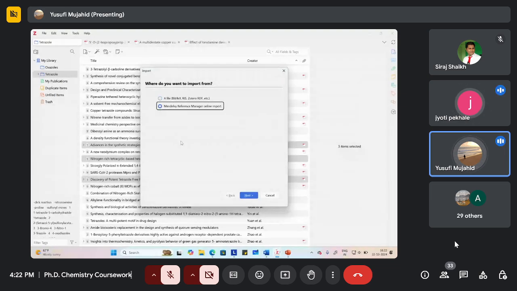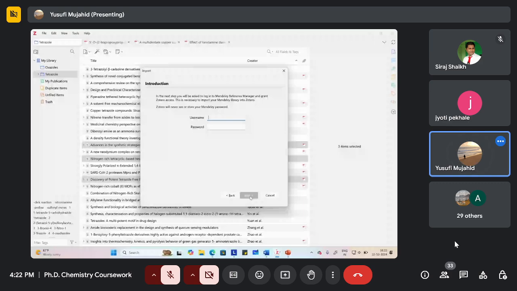यू हैव टू एक्सप्लोर इट फर्दर एंड देन यू यूज इट। ओके, सिंस आई वाज यूजिंग टेक्स्ट फाइल व्हिच आई जनरेटेड फ्रॉम द साइंस डायरेक्ट इटसेल्फ, तो मुझे साइंस डायरेक्ट से ही डायरेक्ट रेफरेंसेस लेना था, तो मैंने उसका एक एग्जांपल दिया यहाँ पर। अब मेंडले में अगर आपके पास है और आप अब जोटेरो में शिफ्ट होना चाहते हैं, तो यू कैन चूज दिस ऑप्शन एंड लुक फॉर इट फर्दर, कि वो आपको कैसे हेल्प करता है। वो आपसे पूछेगा मेंडले का यूजर नेम एंड पासवर्ड, बस, फिर आप वहां से आपके 3-4 फोल्डर्स आपने बनाए होंगे अगर डेटाबेस के, तो कौन सा आपको फोल्डर उठा के लेना है यहाँ पर, तो वो शिफ्ट हो जाएगा मेंडले से यहाँ पर।